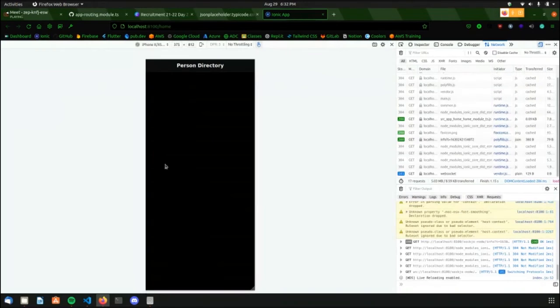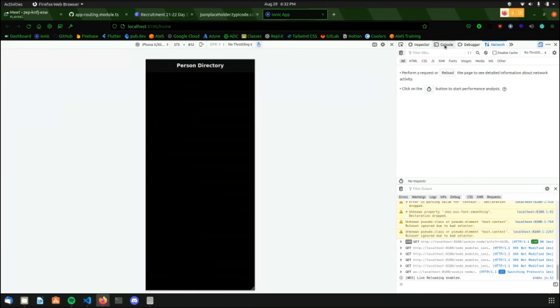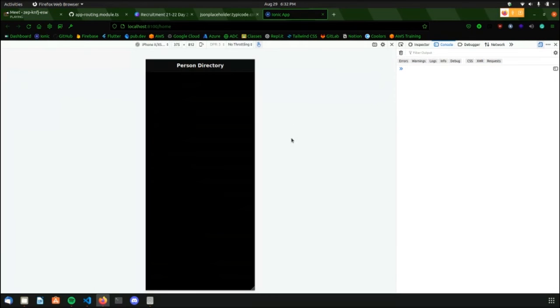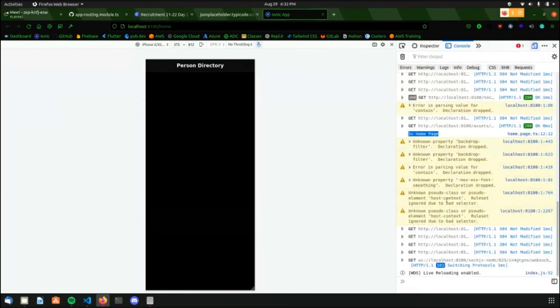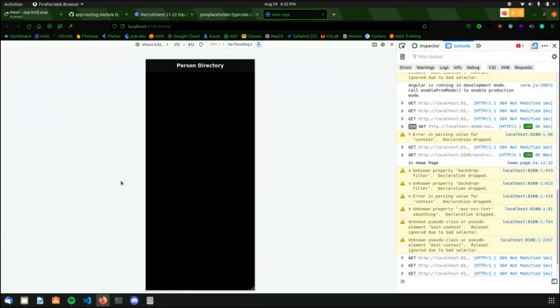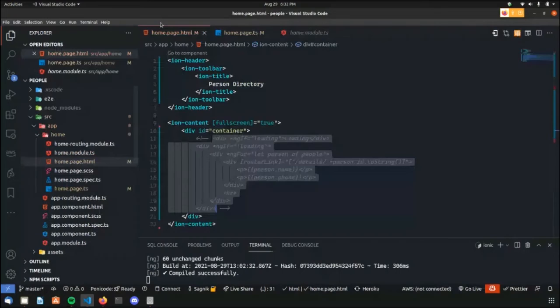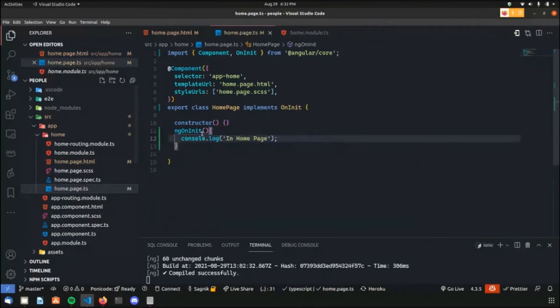Okay, I'll remove every log here, refresh the page, and yes, see, it says in homepage, inside a lot of data, I know, but still it's visible. So that means whenever I enter that page, it will call this ngOnInit function inside the homepage, and it will print, okay, in homepage.